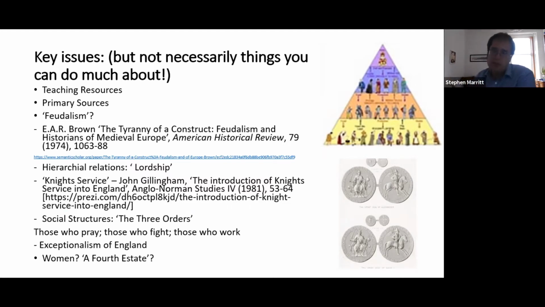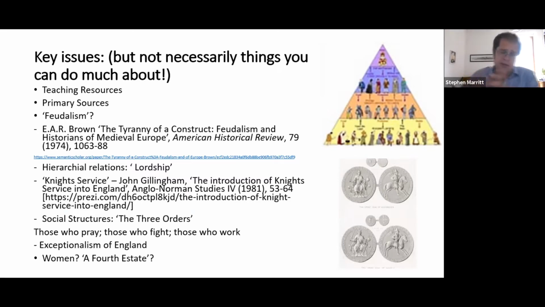chronology, if you like. You were treated differently if you were a child, if you were a teenager, if you were married, if you were a widow, if you were of childbearing age. So you might be, in something like the early Middle Ages where there was a weregild system, a kind of set of fines for crimes, often the fines for crimes against a woman would depend on her age and whether she was married or a widow.